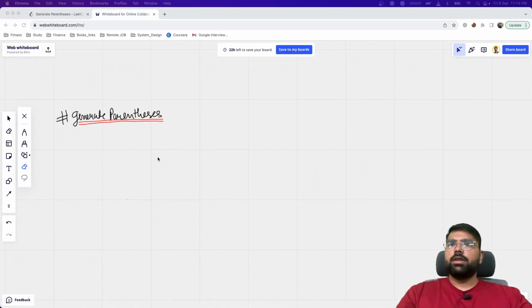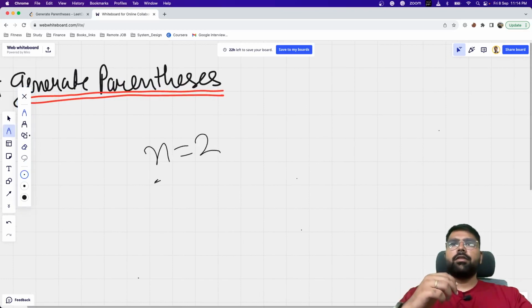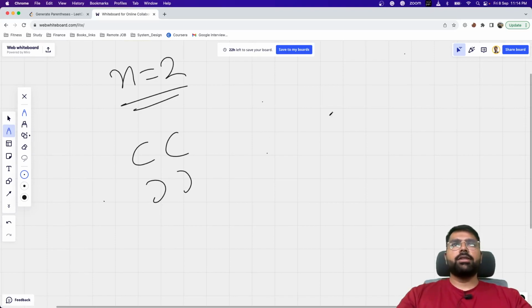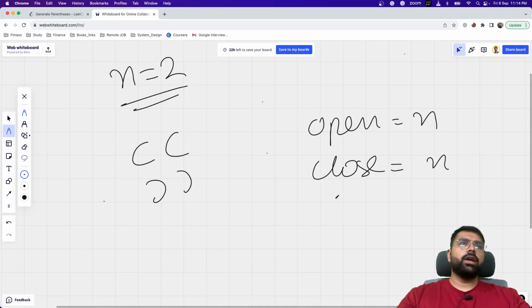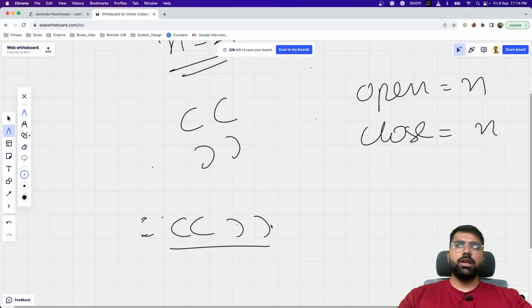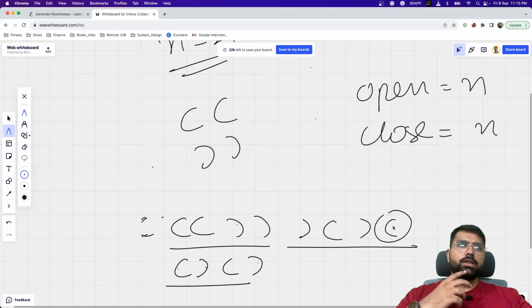So let's see, n is equal to 2. We know that we'll be creating two open and two close brackets. What it says is that open will be equal to n and close will also be equal to n. Now, a valid parenthesis is something like this, where every opening has a closing. This is also a valid parenthesis. This is not a valid parenthesis because this opening doesn't have